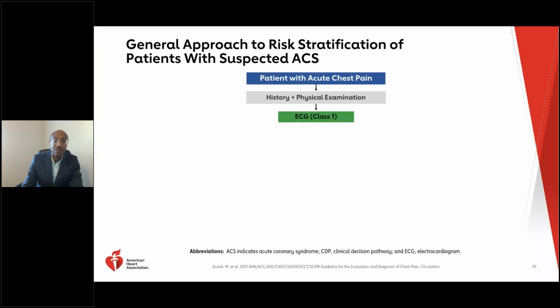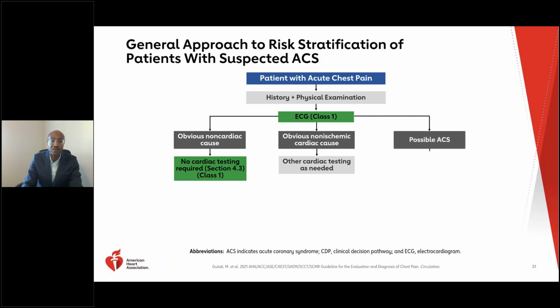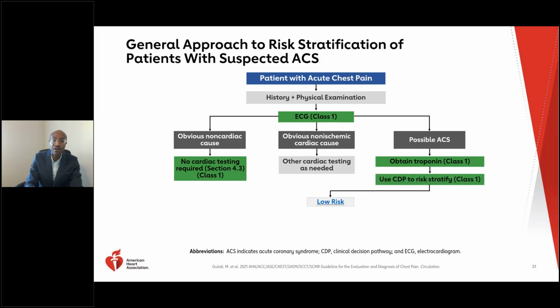And so in patients presenting with acute chest discomfort, we discussed the role of the history and physical, the ECG. If clinical evaluation really doesn't identify any cardiac cause, there's a class 1 recommendation for these patients to not have additional cardiac testing, recognizing that with the high sensitivity troponins, the risk of MACE is incredibly low. And it's important to ensure that appropriate follow-up is arranged for management of the cardiovascular comorbidities. In patients with possible acute coronary syndrome, there's a class 1 recommendation to obtain early cardiac troponins within 90 minutes.